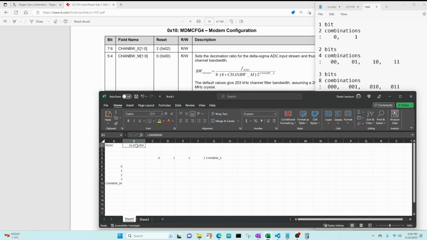The frequency of our crystal is 26 megahertz, we said, so that's 26 million hertz. Bandwidth E goes across and bandwidth M goes down. The bandwidth channel formula is our frequency, which is in cell B1, divided by 8 times (4 plus our M, which is in column A), multiplied by 2 raised to the power of our bandwidth E, which is C4. And then if everything works out well,